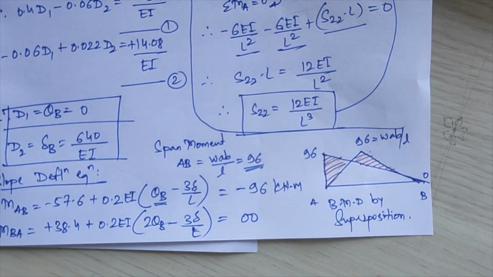Just this numerical I have taken for all three notes. So you have to very clearly remember all those three notes which I have given you, for theta and for delta when you are substituting both as unity. What changes does it make? Those changes will be useful for solving numericals on sway frames. In the next numerical we'll try to solve a numerical on a non-sway frame, and then we'll start with sway frames.